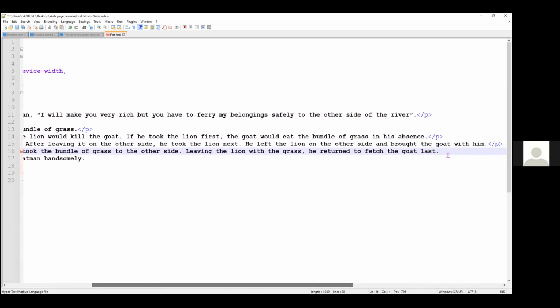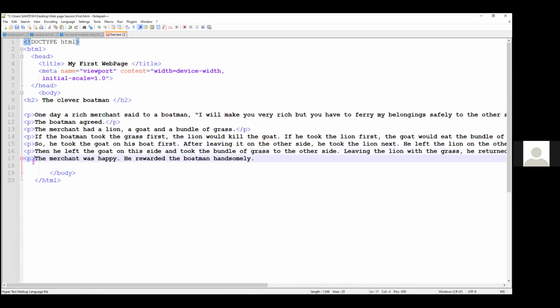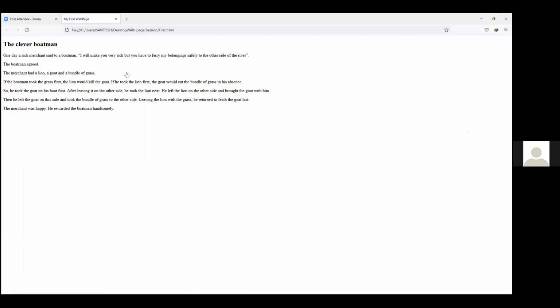Paragraph here and here, slash, and the last one. Yes, we are done with the paragraphs. I will save this. I will open my browser, refresh this. See, it has paragraph sentences. It is looking good now,